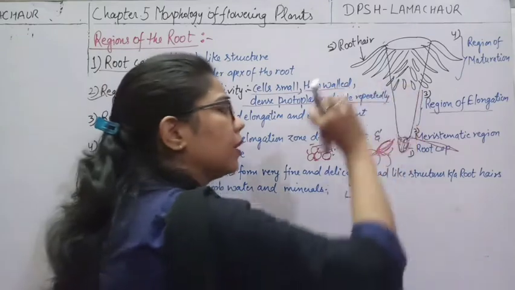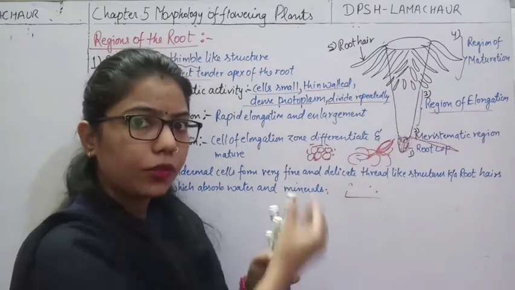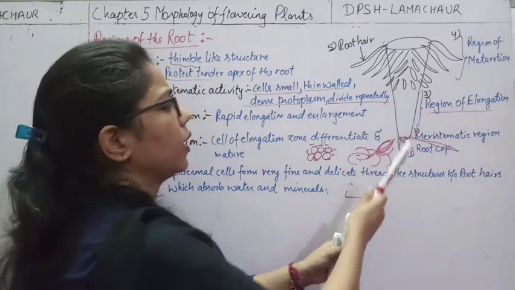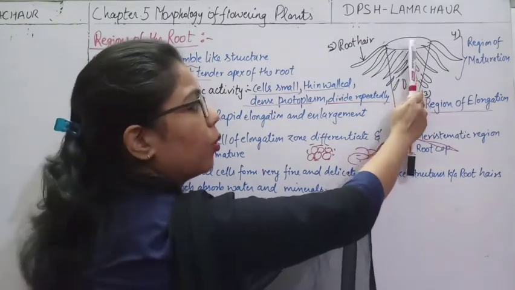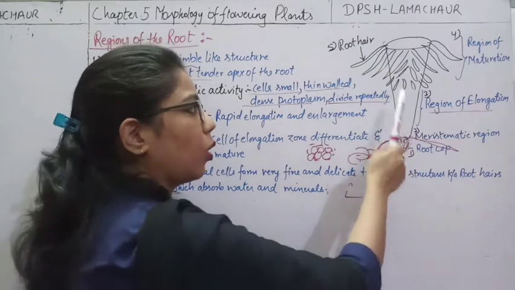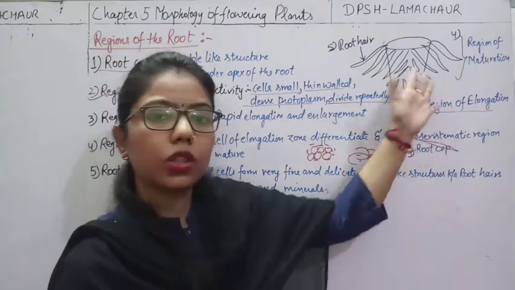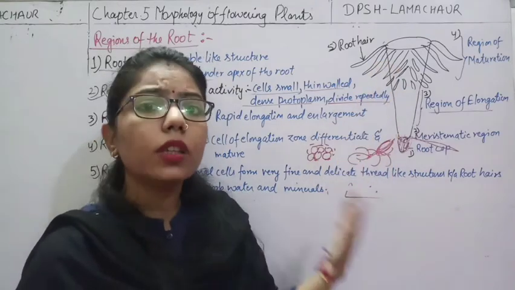So what is happening here, there will be elongation of the root. It means that vertically it is growing more and more, so it is showing the primary growth of the root here, and this primary growth will lead to the elongation of the root, and more the root will be there.